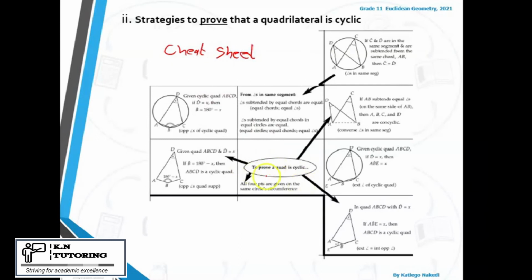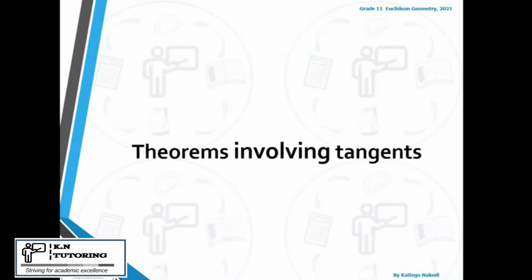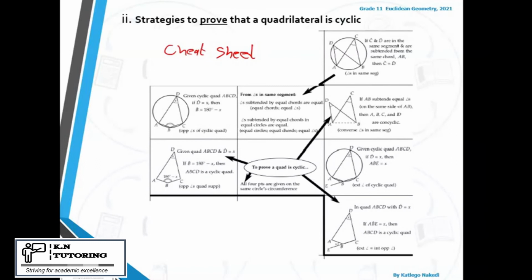So it shows you all the steps that you need to follow when you want to prove that a quad is cyclic. So you've got options there. This will depend on what is given in the question, and you build up based on what is given to you, and you'll be able to solve that. Okay, that concludes this section of